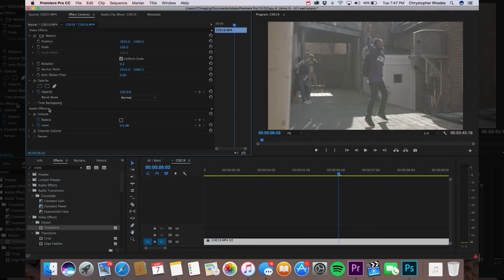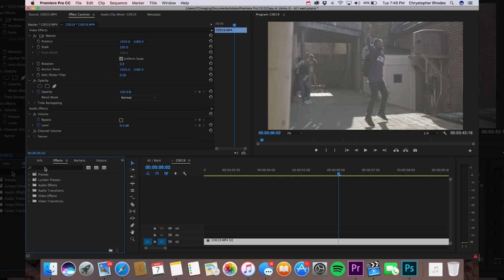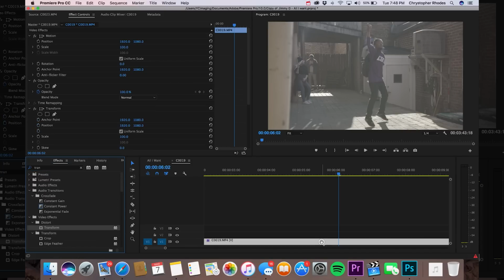Alright, so I have my project set up right here and my clip that I'm going to be applying the actual effects to. The first effect that we're gonna be applying is called the clip zoom. I'm naming this, so it really doesn't matter. You can call it whatever you want. Basically, you're just adjusting the crop of your footage, and behind it you're gonna get a nice motion blur, giving it an intense feel for your music video. So we're gonna go down to our effects panel, search for transform, and drop transform on the clip that we want to apply the effect to.